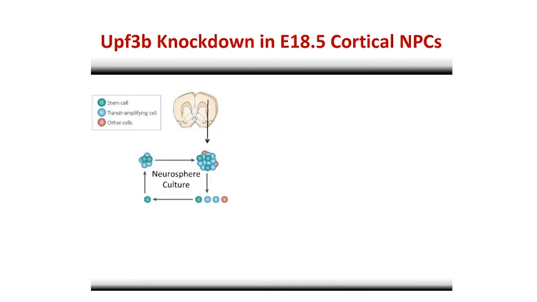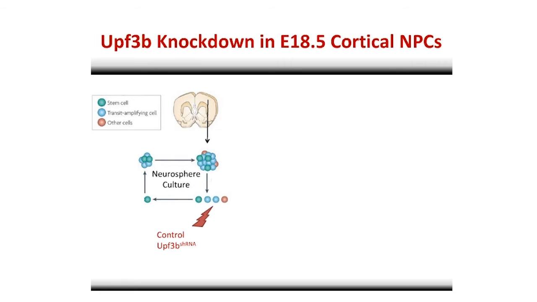So we took wild-type mice. You can take the progenitor cells out and culture them as non-adherent neurosphere cultures, where essentially the cells grow as a floating ball of cells. You can dissociate these cells and reculture them, and what happens is they reform these spheres over time. But not all cells form the spheres. It's only this rare population, around 5% of the cells, this green cell here, that have the properties of a stem cell. And it's only these cells with actual stem cell long-term self-renewal and multipotency that are able to reform spheres.